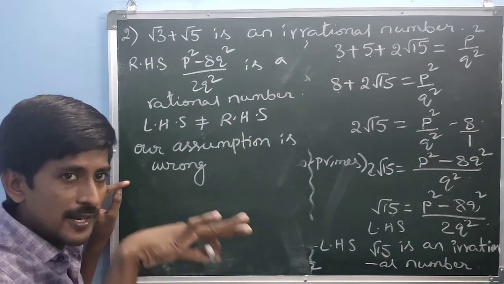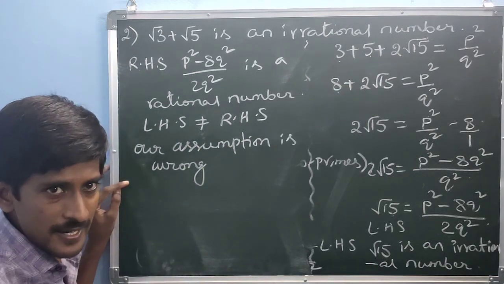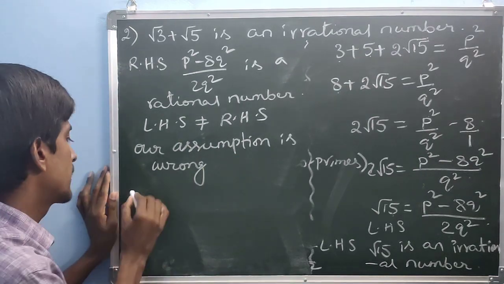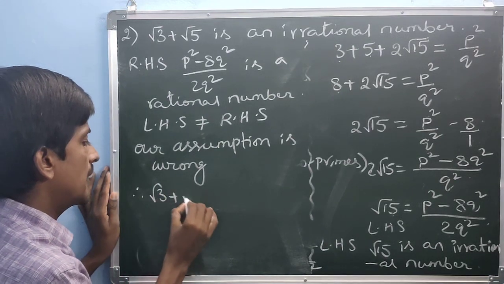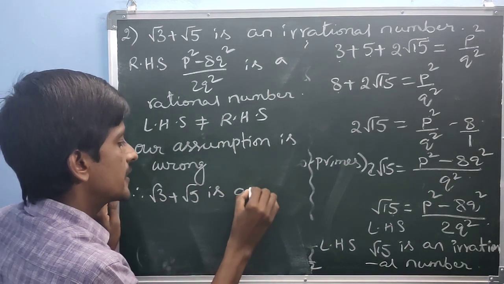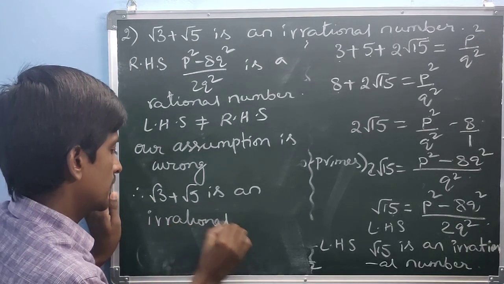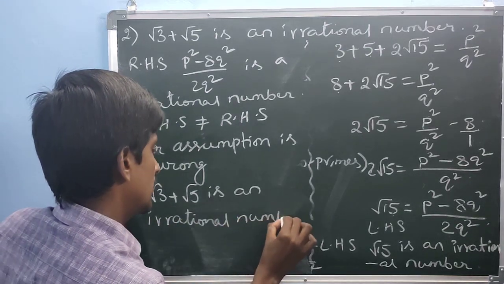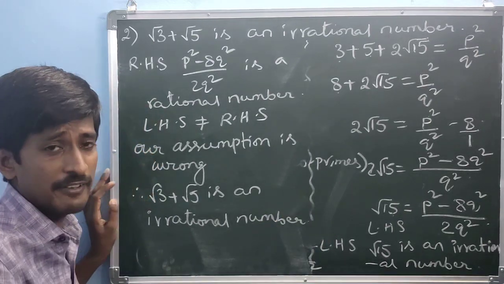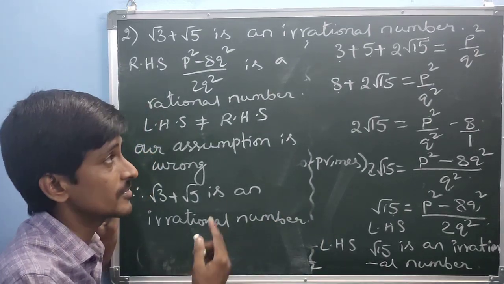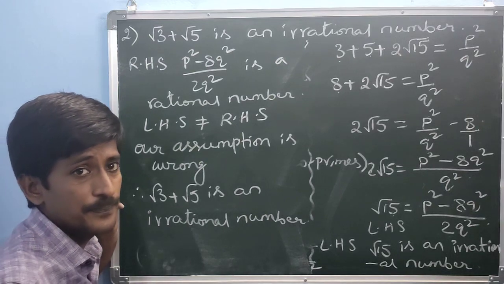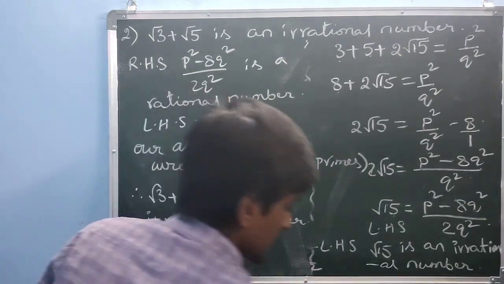If a number is not a rational number, it must be an irrational number. Therefore, root 3 plus root 5 is an irrational number. Students, it is very important, a 4 mark sum in the first chapter. Okay. The next one is